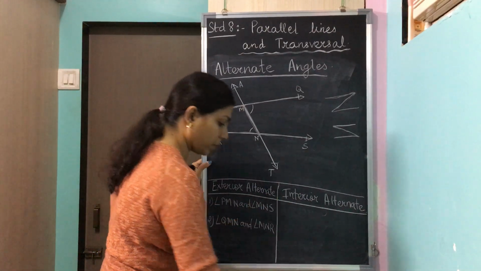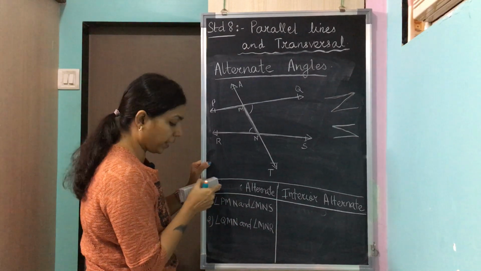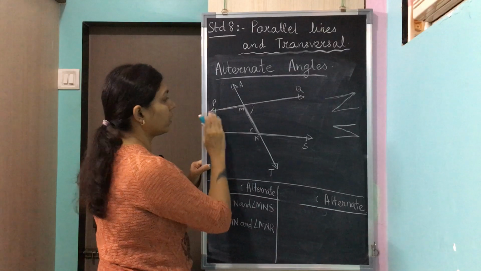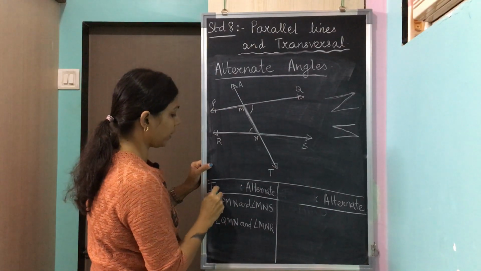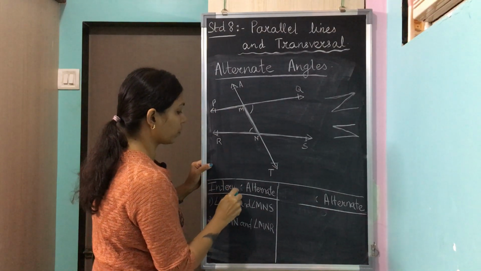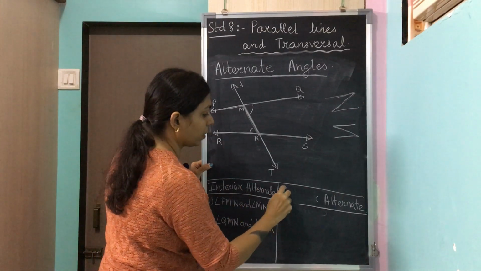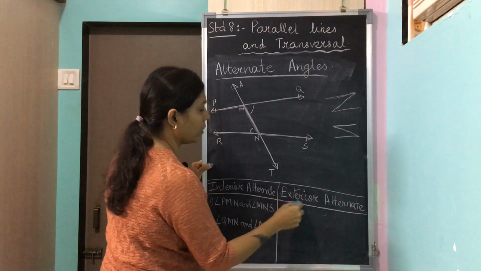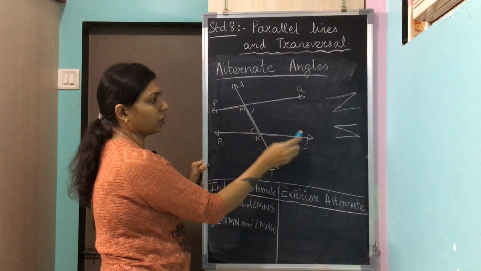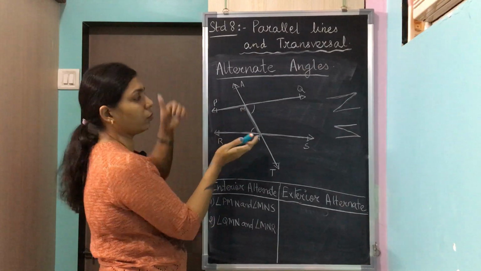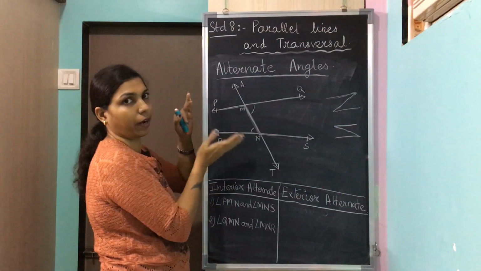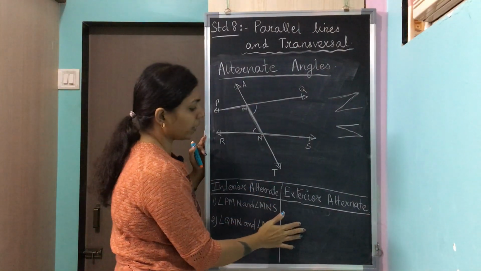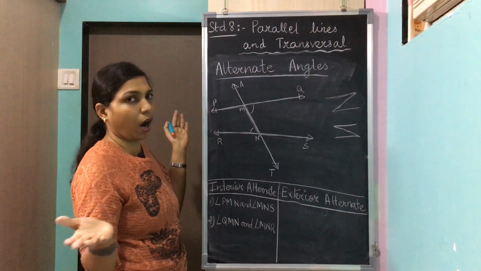I'm sorry, I just made a mistake. Over here this should be your interior and this should be your exterior. Okay, so these are inside, so these are your interior alternate angles, and over here I will explain to you now what is your exterior alternate angles. Okay, so this Z formation and this inverted Z formation, both of them are inside your transversal. So these are your interior alternate angles. Exterior alternate angles means which are outside the